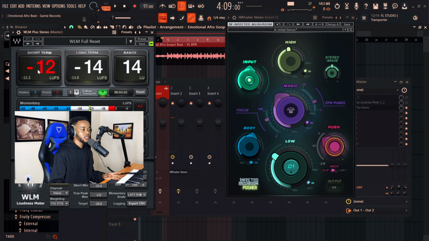That's one of the ways you can master your beats to sound professional. Of course, make sure that you adjust the knobs to your preference. Make sure you're not clipping. Adjust the knobs to your taste. That being said,